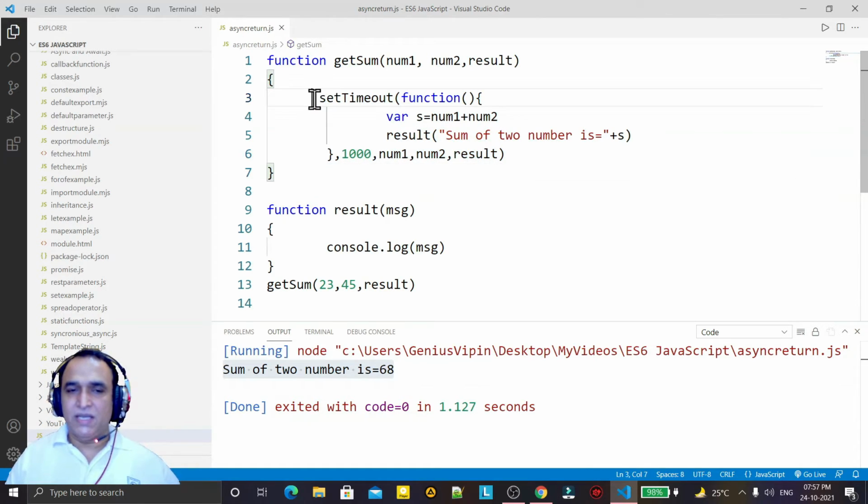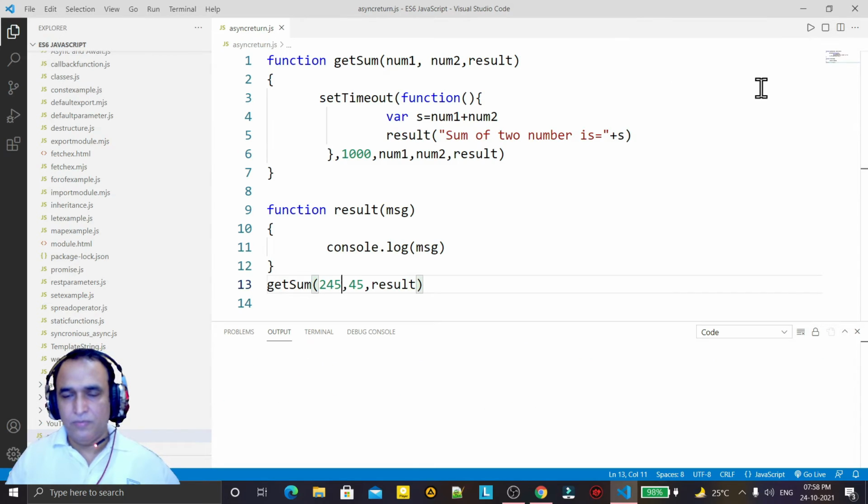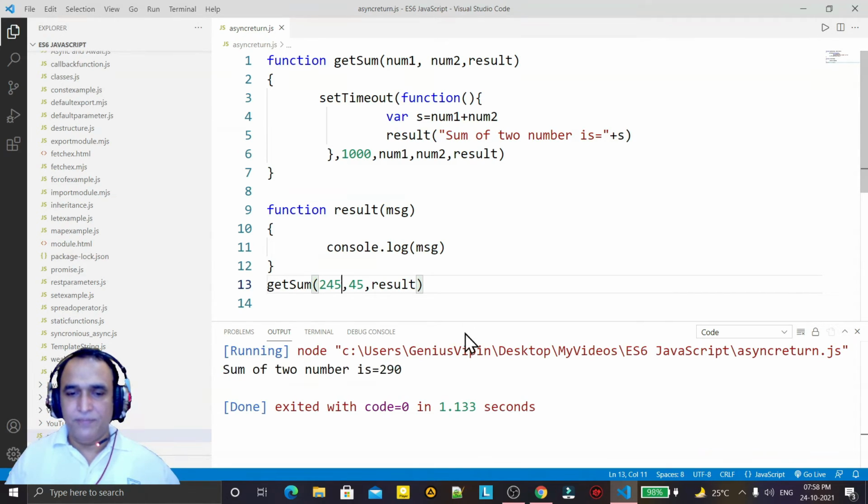So setTimeout is an asynchronous method. To get the result from this function, we have to pass a callback function as an argument to setTimeout, and this function will display the result when we get the output. After completing the execution, the last line is to call the callback function, and this function will display the result. If we change some value, the result will reflect it also. So it is running perfectly, you see.